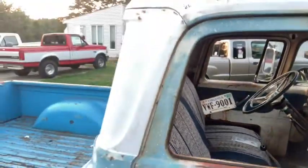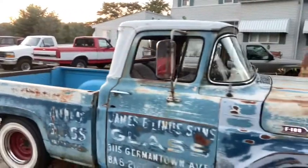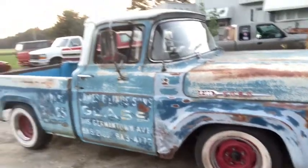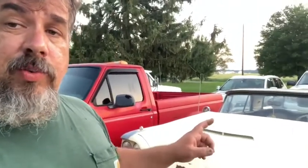But my buddy that owns it, he wants to leave it just like it is and just cruise it. And I think it'll be cool. So I'm just waiting on the rest of the parts to come in so I can go through the rear, swap it out, and then get him on the road. And like I said, in about 2 weeks,